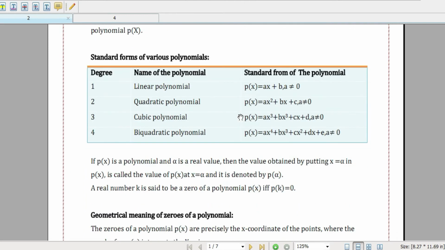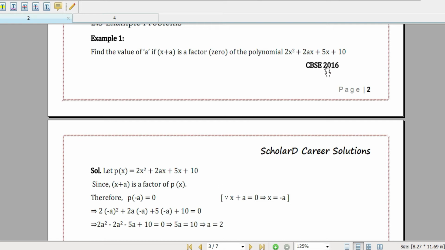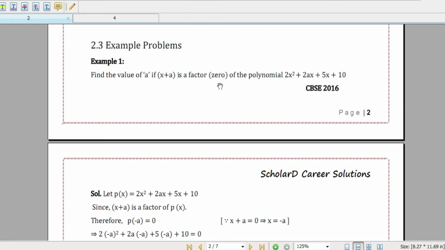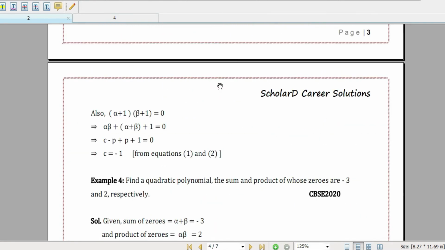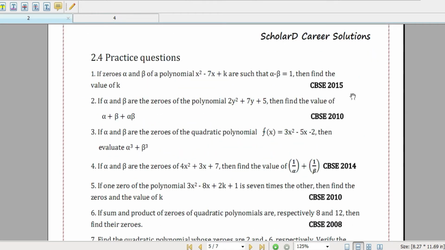Please don't neglect these example problems because they were asked in previous year's questions, and it is also mentioned in which year this particular question has appeared. I am not going to explain example problems here because the same type of questions are there in the practice questions. Under practice questions also we have chosen questions from previous years only. So when you are completing this chapter, it is like you are thorough with the preparation for the exam as well. We will solve as many questions as possible in today's class.